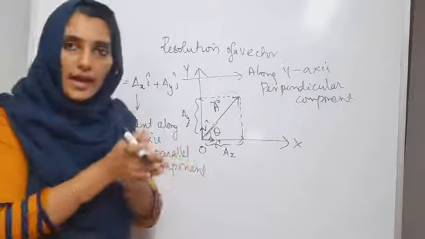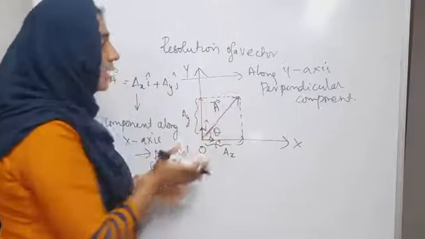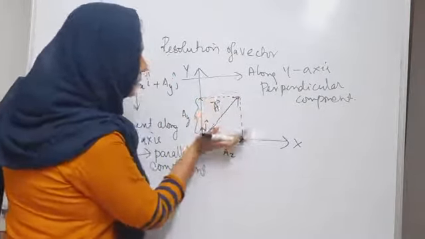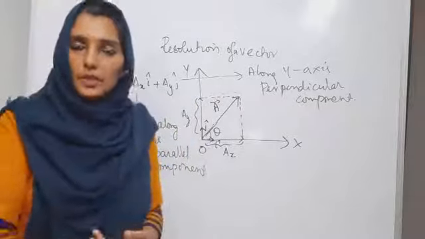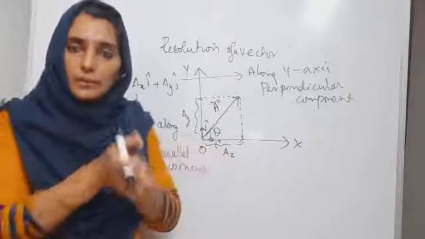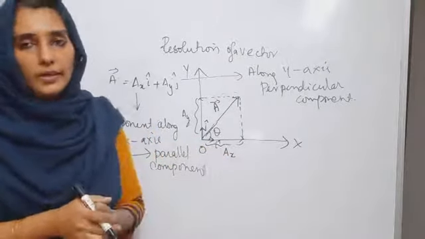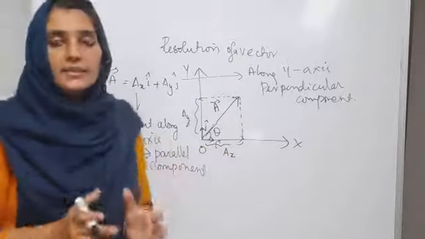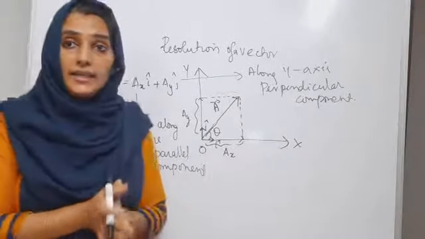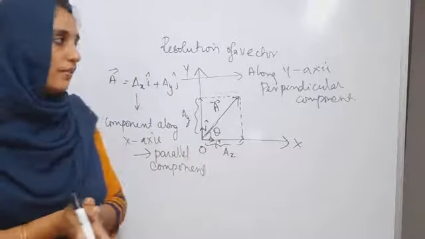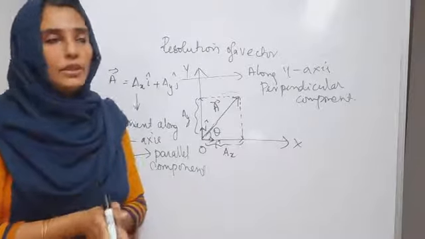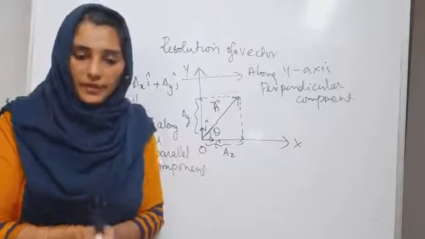So when you add them together, you will get the final vector, or you can split this final vector into two components, the parallel component and the perpendicular component. From now on, we will be using these ideas, splitting of vectors or combining two vectors as and when required, as this forms the basis of vector addition and resolution of vectors, and lays the foundation of the study of vectors.